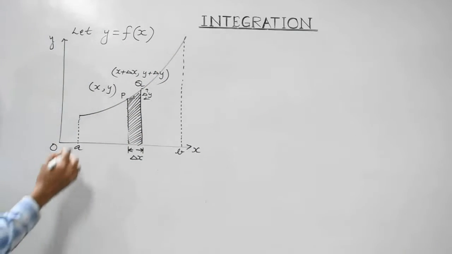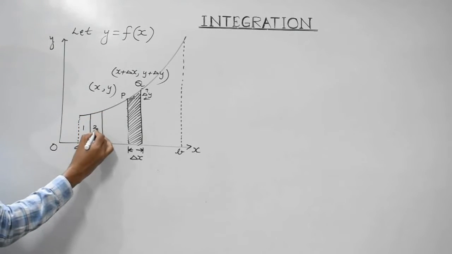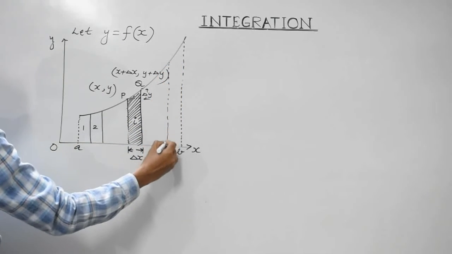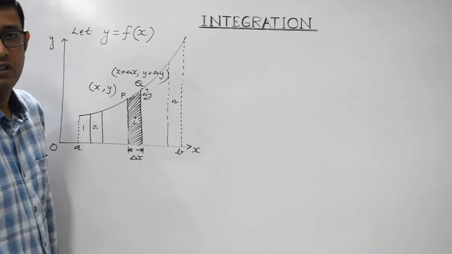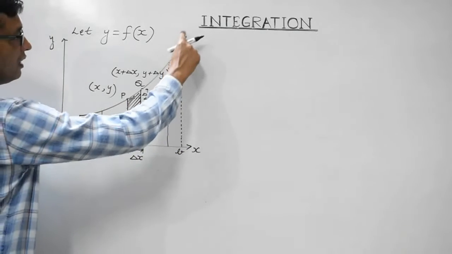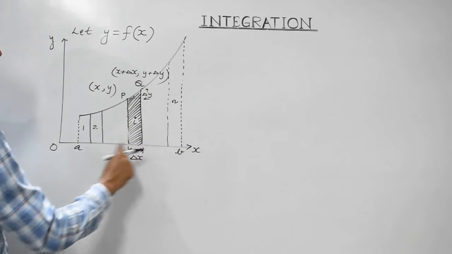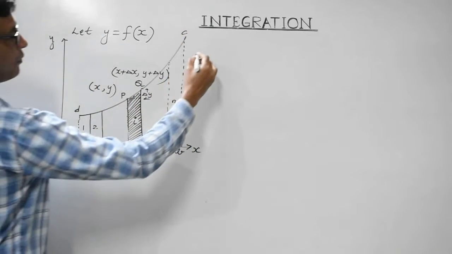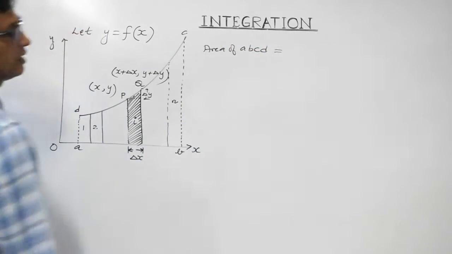What I have told you is, we will divide it into small strips. These are the strips I am talking about. This is the first strip, this is the second strip. Suppose this is the ith strip, and let us consider this to be the nth strip. So we can divide it into a large number of rectangular strips. The sum of all these strips will give us the area of the entire portion. Students, basically this is A, B, C, D. So the area of ABCD can be written as